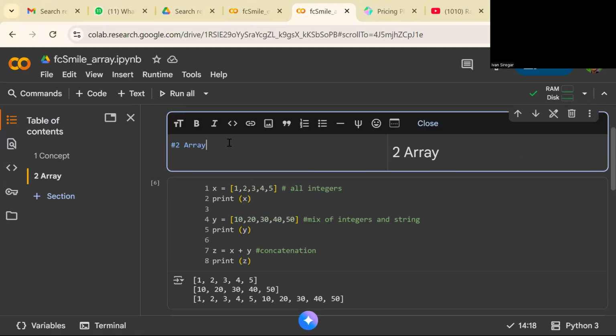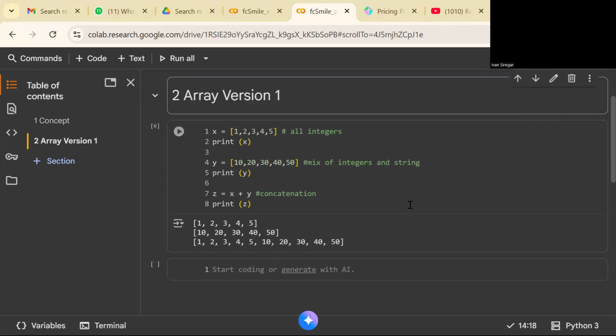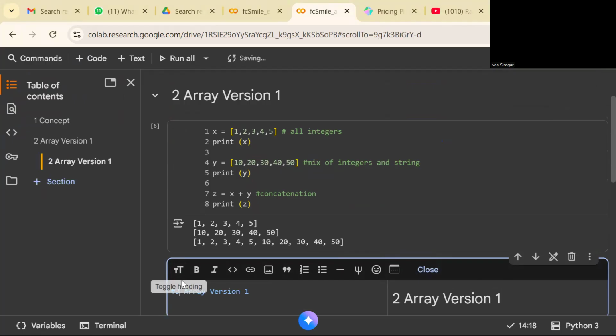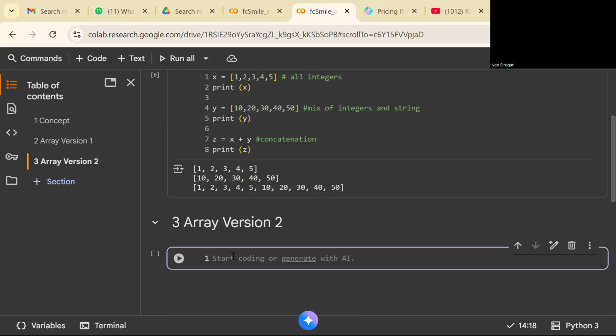So I'm gonna change this to become array version 1. Okay, and I'm gonna put the text below. This is the hash 3 array of version 2. Array version 2, we do import array here.